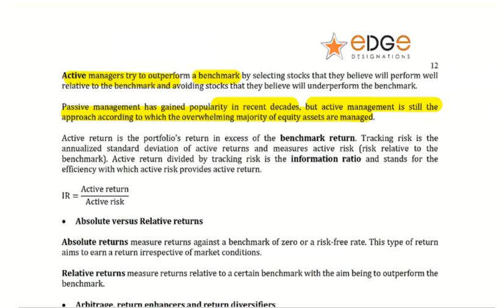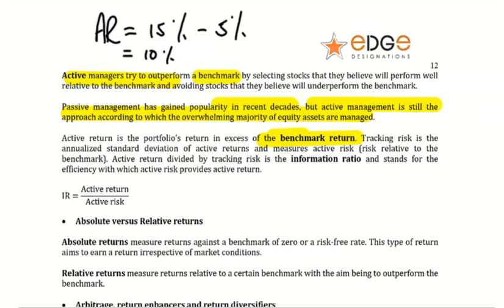Okay, active return is the portfolio's return. And why is it called active return? Because you set a benchmark. Let's just say, for example, your benchmark is 5%, the S&P 500 is our benchmark. Say, for example, it achieved 5%. If I've managed to achieve 15%, well, then my active return, we call it AR, will be what I achieved, the 15% less what the benchmark achieved, and that'll be the 10%.